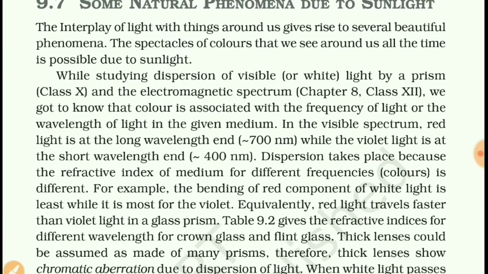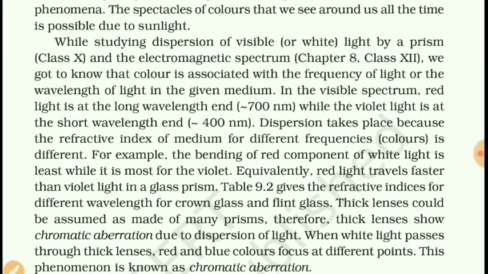So this dispersion occurs because white light or sunlight has different colors related to their different wavelengths, because white light is made up of waves of many wavelengths. According to different wavelengths, there are different types of deviations, and so we get the spectrum of 7 colors.